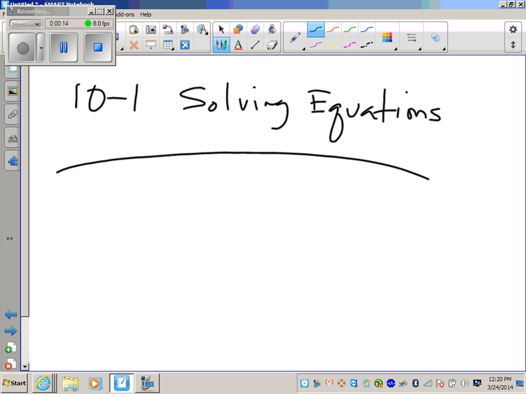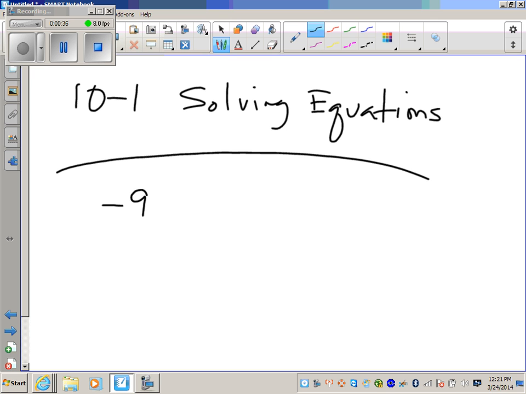Solving equations. You have solved equations which have integers as solutions. The same methods are used to solve equations which have fractions as solutions. For example,